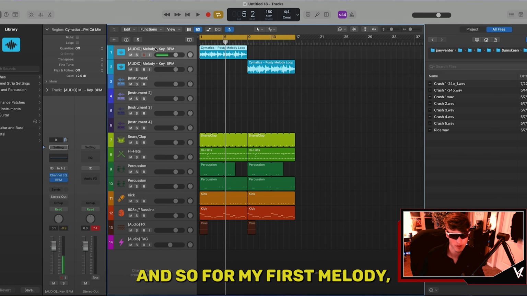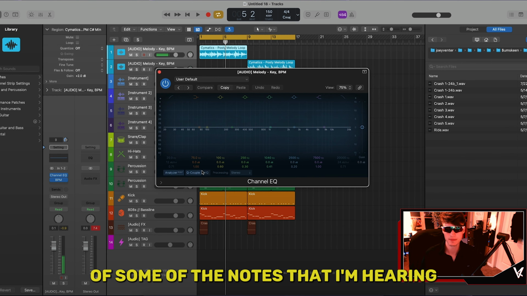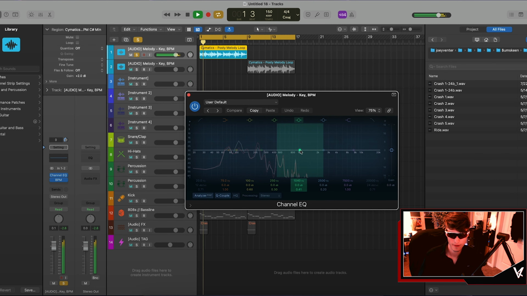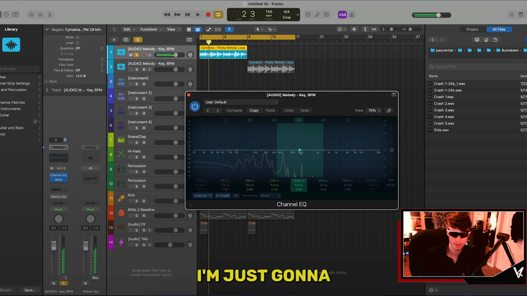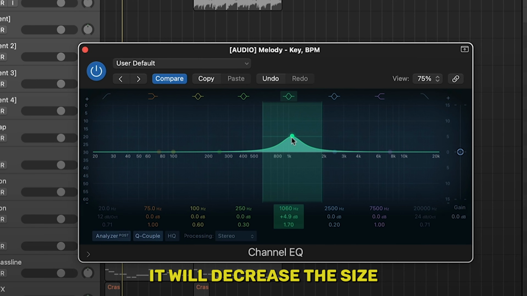And so for my first melody, I want to increase some of the frequencies of some of the notes that I'm hearing because I think it sounds really good. With my EQ open, I'm just going to take one of these bands. And if I scroll down, it will decrease the size of the band in terms of width. And if I hit play,